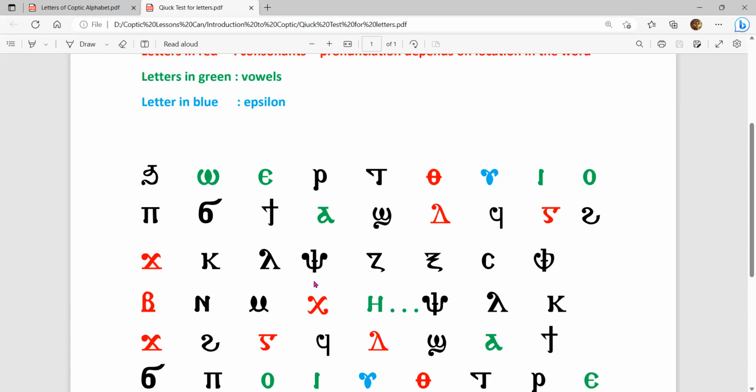Unfortunately, in English we don't have anything that goes for a ps, because even the Greek words that have been taken and used in English, like psychiatrist, in French you have it pronounced properly, psychiatriste, but in English,